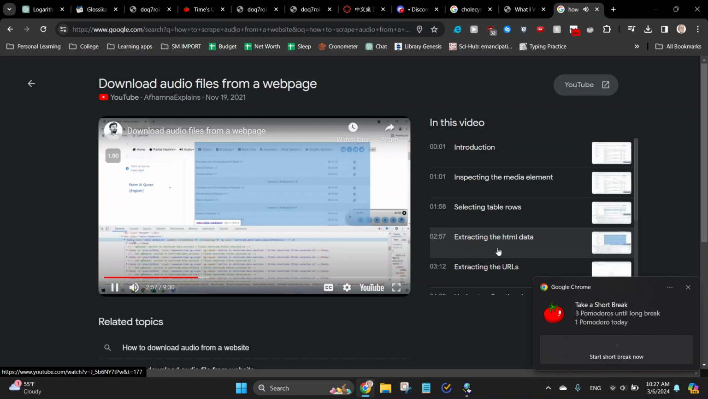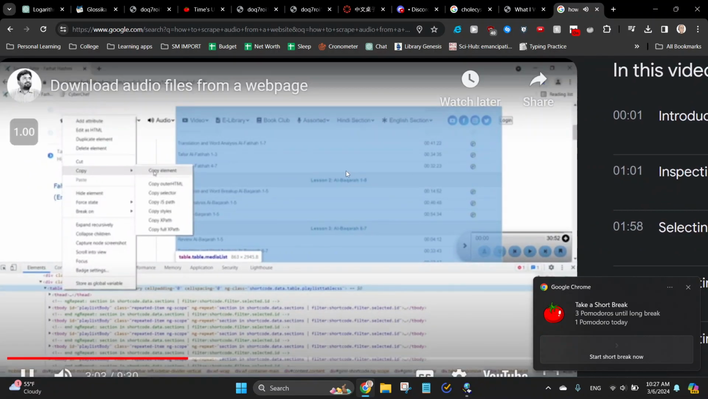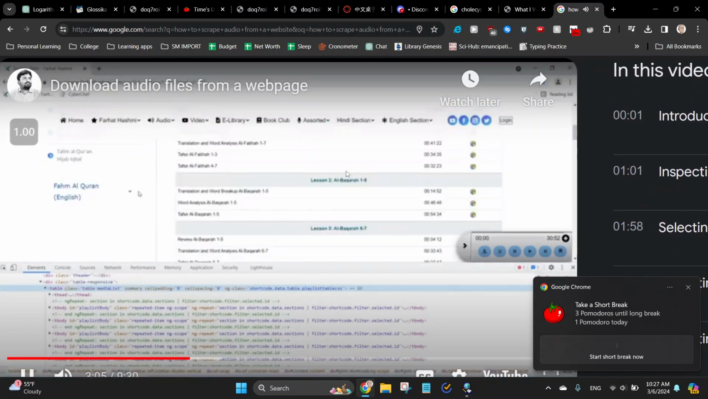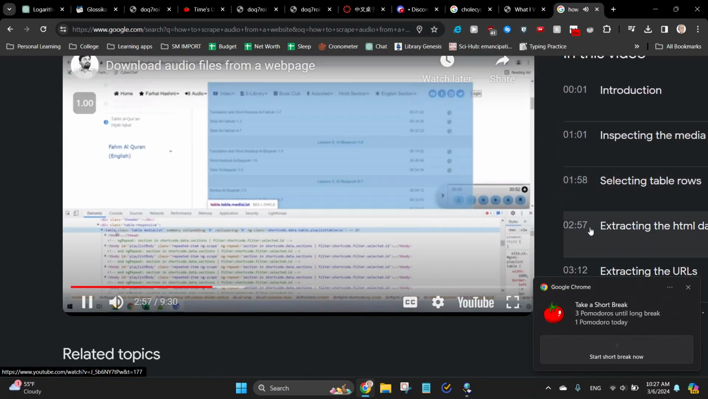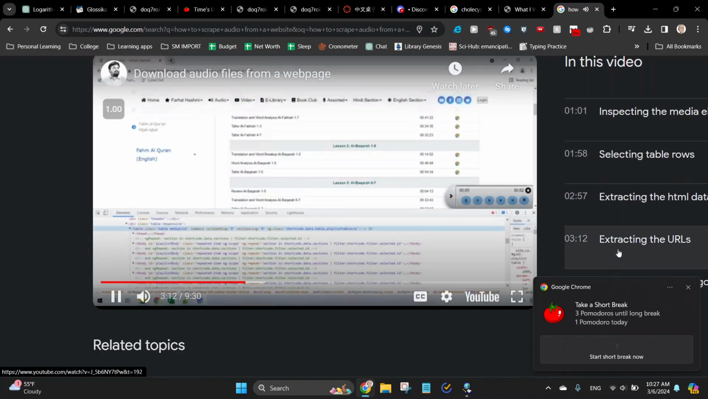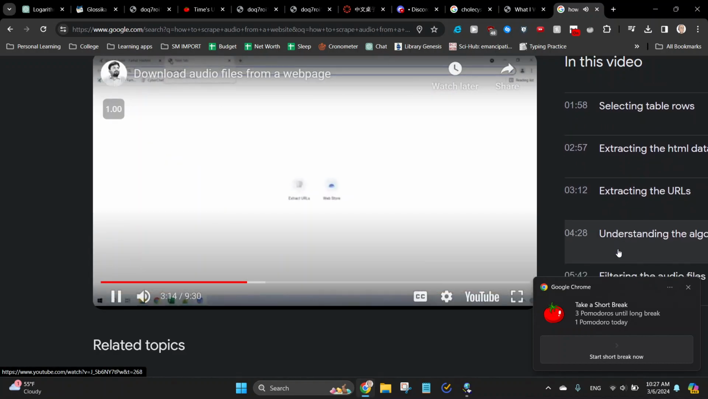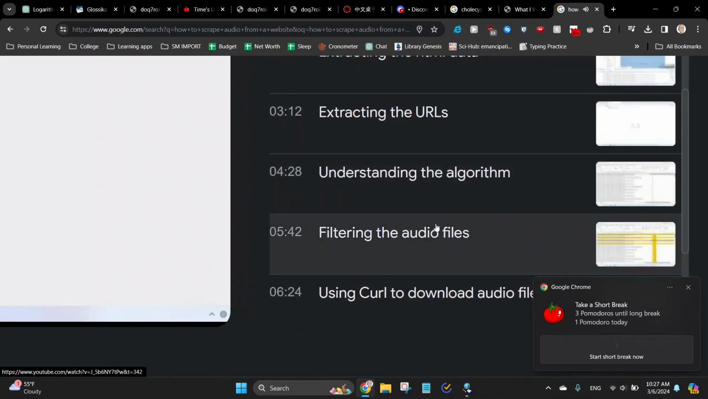We need to download. So I'll right click over here and click on copy and select copy element. So the entire HTML data is copied. HTML data for this table attribute we need to download. So I'll right click over here and click on copy. So I need to extract the URLs alone. So I'm going to use this website